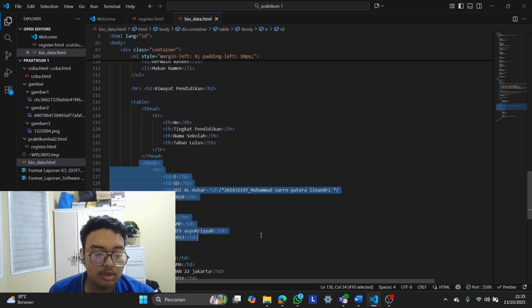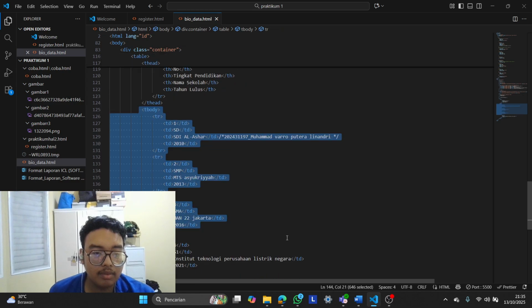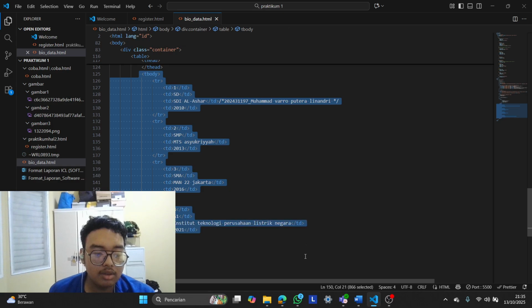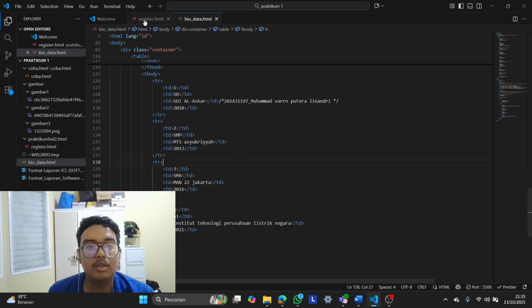And close the table, closes the main container, and define the table body section. The body includes four rows of education data with four data cells.